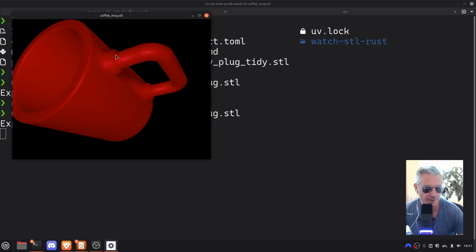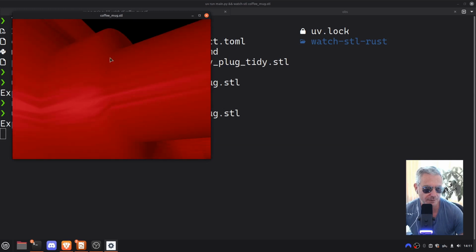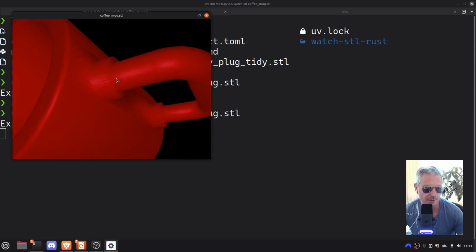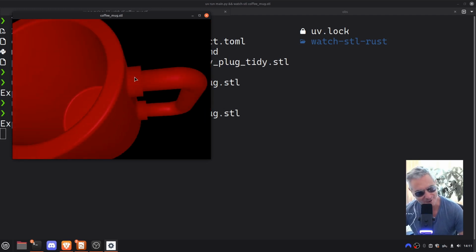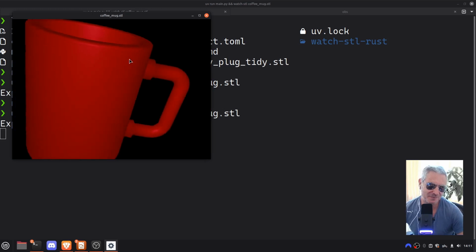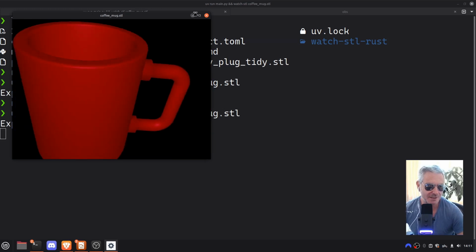I'm a bit disappointed it didn't... I don't think it's put a radius there. That looks quite sharp. Yeah, you wouldn't want that. It's almost like it's thinking it's a grab rail. Okay, so